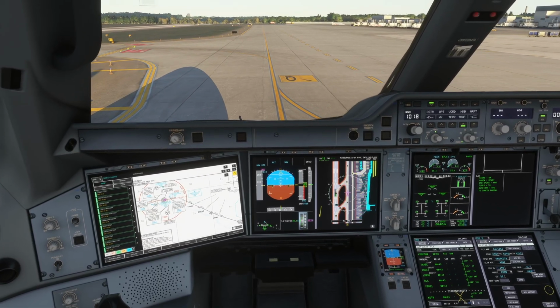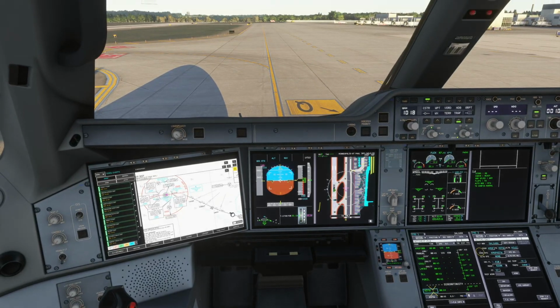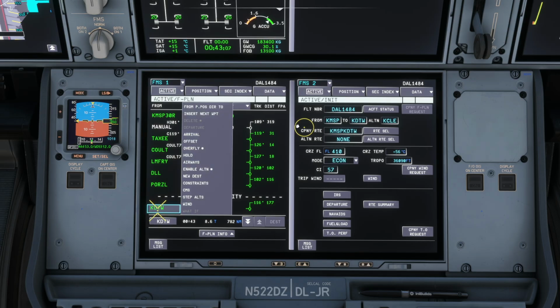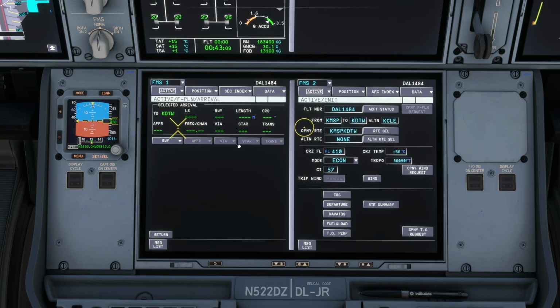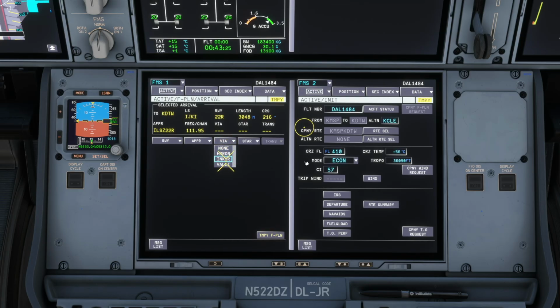Slow that down. Let's just quickly put the arrival in. Just set the brake a minute. So arrival, we are 2 right. ILS Zulu fire. And it is the